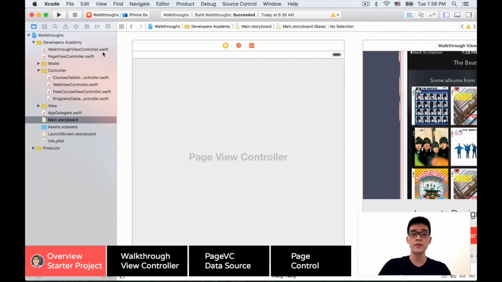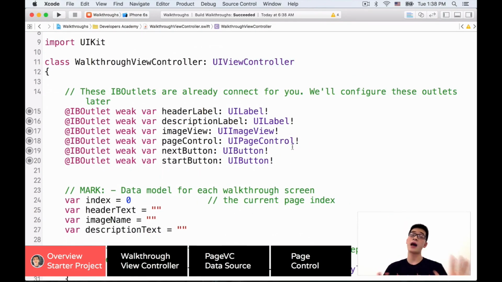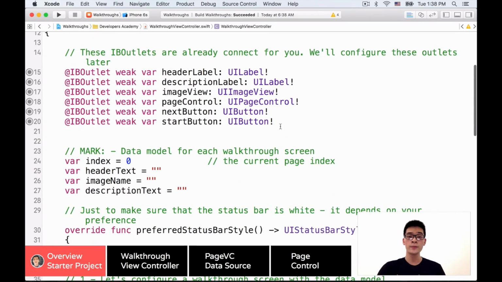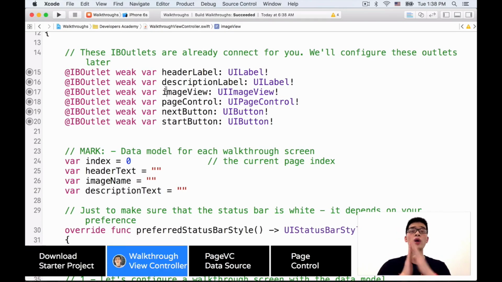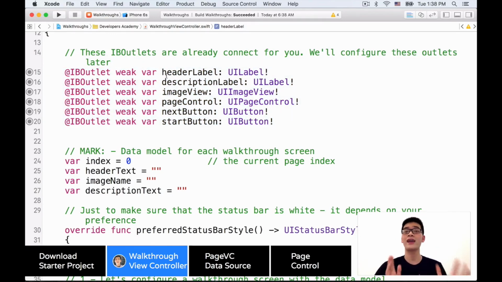So let me go here. The first step, let's go into our walkthrough view controller and see how it looks. Inside here, I already created some IBOutlets and IBActions for you, so we don't have to control-drag anymore. All of these IBOutlets are from our walkthrough view controller. One very great thing about having the UI separate from the data source is that we can have any kind of UI inside that walkthrough view controller, even some fancy animation. Here we just use a very simple one, but I really recommend that if you can use some animation,